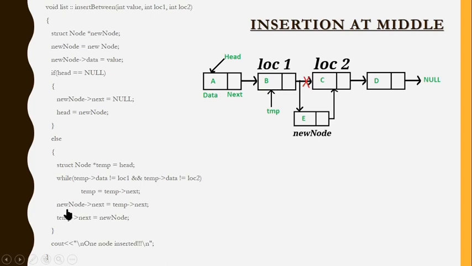This line, please be very careful. I have a name for this node, and I don't have a name for this node. The one I have a name for can be identified easily, where I need to bring the change: that means new node points to next, which I have given. But I don't have a name for this node. Instead, I have this address stored over here, and that node has a name. So I can say temp points to next. That will bring a pointer over here. That's why I'm saying temp points to next. So this pointer comes here, and this address will automatically carry over here. Now this connection is done.